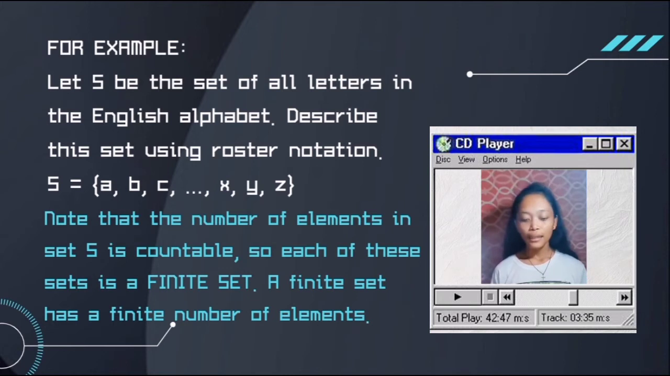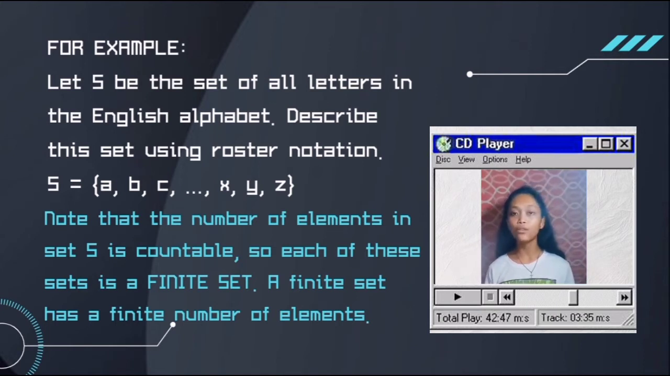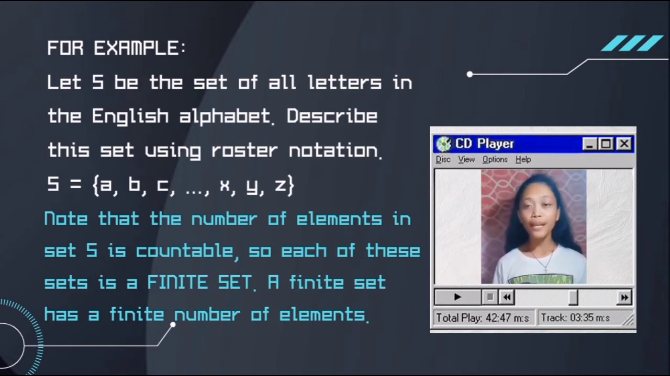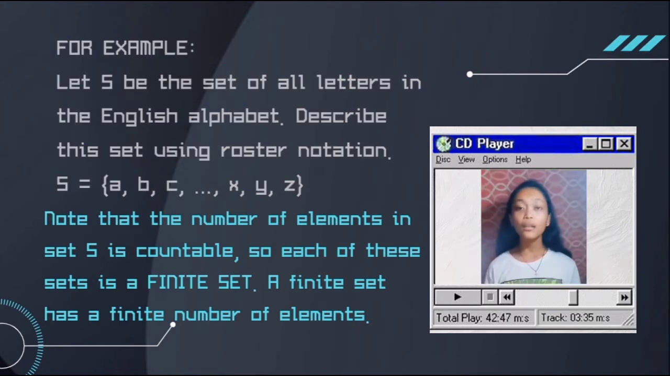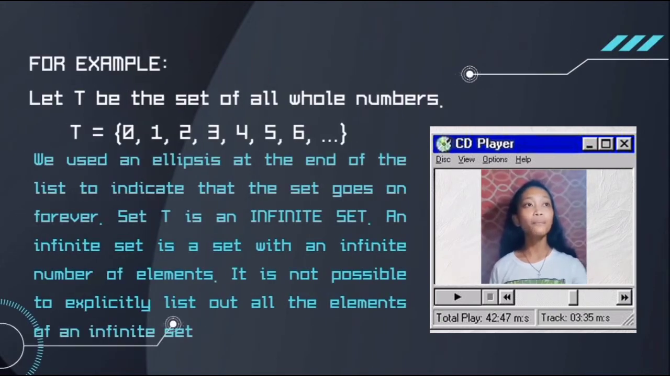Let S be the set of all letters of the English alphabet. Describe this set using roster notation. The elements of S are written as braces A, B, C, to Z, because we have many elements, and writing them all in braces will use a lot of space. For example,